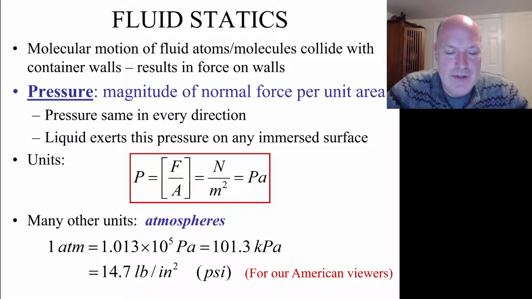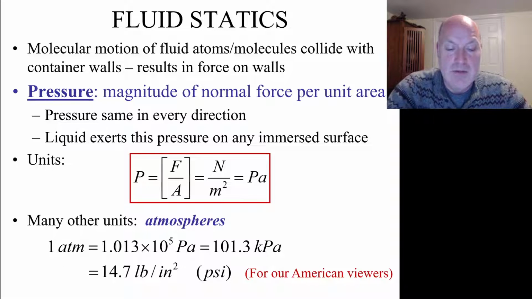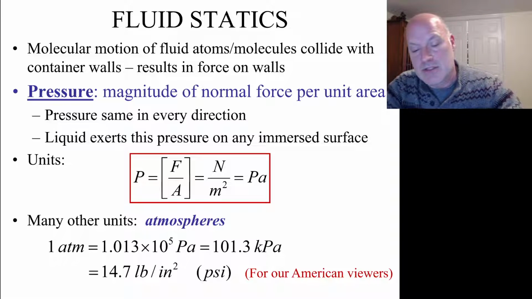So 1 atmosphere is 1.013 times 10 to the 5 Pascal. And that's just the definition of an atmosphere. That's the pressure that we typically have around us. When the weather changes, it changes a bit, but that's the standard. 1 atmosphere is that. And you'll sometimes see it written down as 101.3